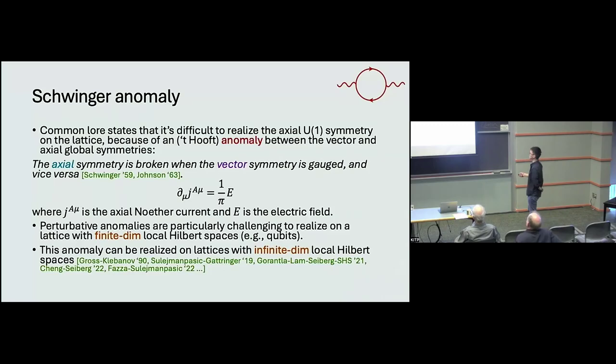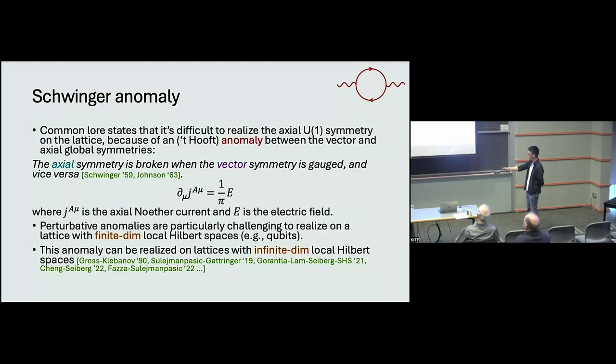And these days, such a class of lattice models goes under the name of the modified Villain model. This is a Euclidean lattice model, which is to be contrasted with the Minkowski/Hamiltonian lattice model that I'm discussing today. This goes back to works by David and Igor back in the 90s, and recently there was some generalization of that in the context of Euclidean lattice models. Even more recently, the modified Villain formalism has been applied to Hamiltonian lattice models as well.